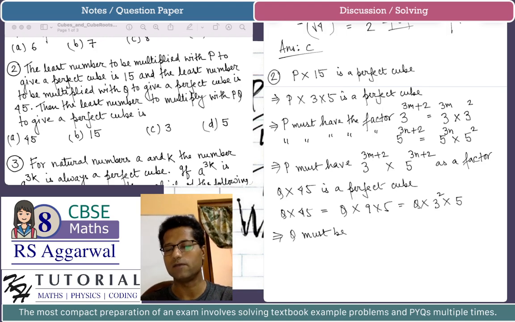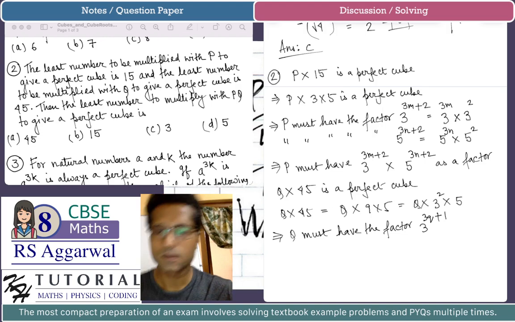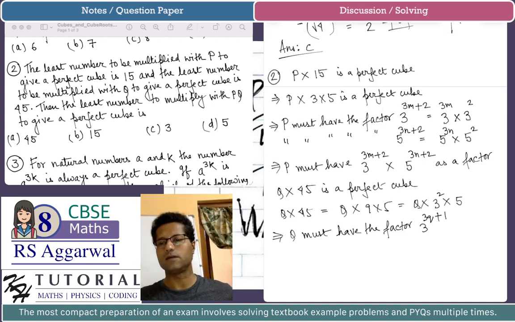So q must have a factor 3 which is not part of a triplet, and hence q must have the factor 3 to the power 3q plus 1, because there will be one factor of 3 in q which will not be a part of any triplet,